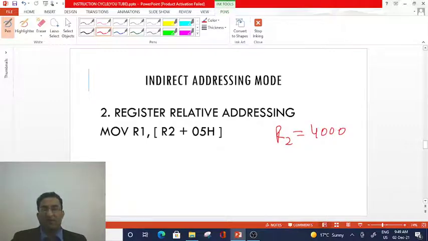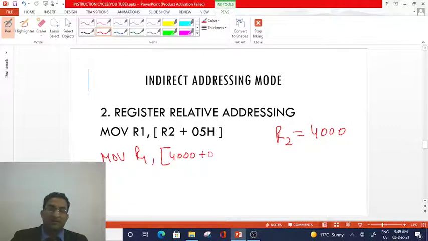So basically what it means is that we have to move the value from memory location 4000 plus 05, that means location 4005. From the 4005 location we have to move the data